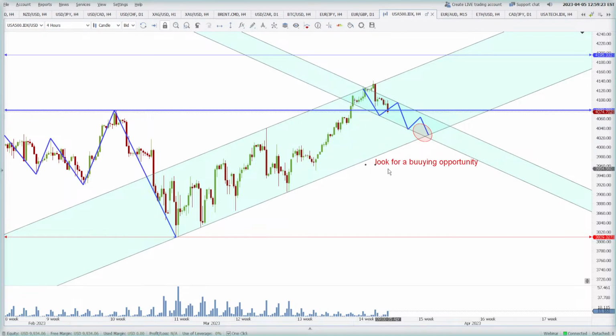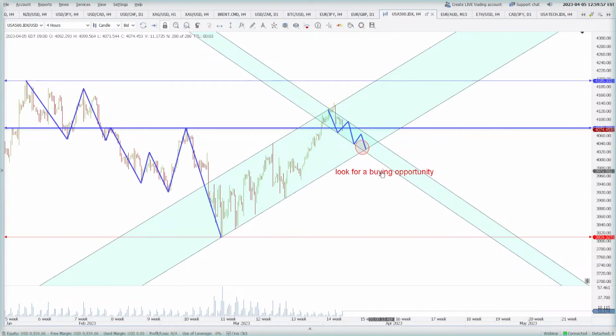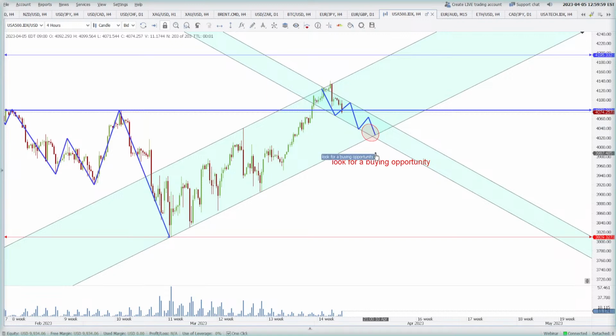What is the reason why we have to look for a buying opportunity? Who will tell me? The market is going south, but we have to look for a buying opportunity. Why? I think only MG can tell, or can anybody tell why we should be looking for a buying opportunity in this market, guys? The trend is up. Yes, market structure is up. Why? Because the market structure has just been broken. This was the market structure, and now we have broken the market structure here, and the price is trying to consolidate before the next move up.